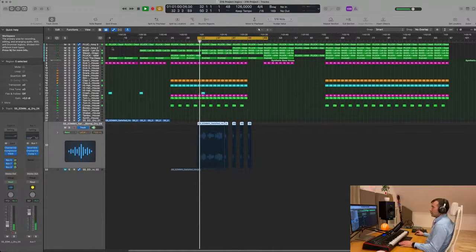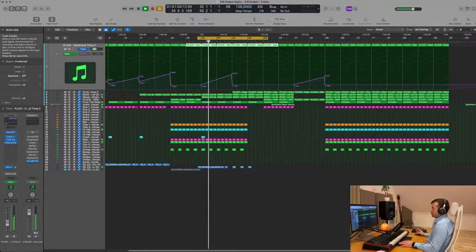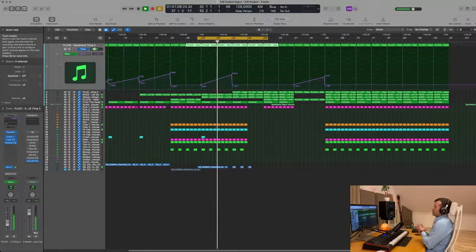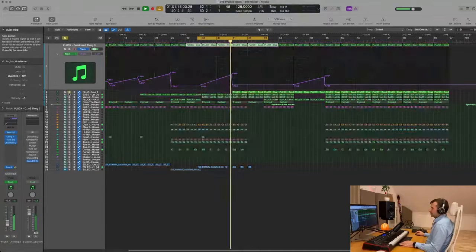Okay, now what I'm gonna do, guys, is some sidechain compression on the synth from the vocals. I think it's very important. It does make a huge difference in the mix. What I'm gonna do is send most of the synth, this one,